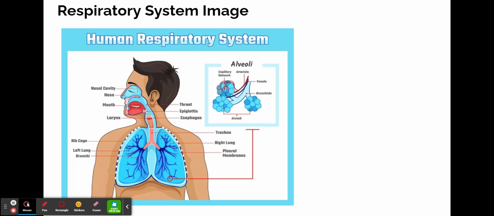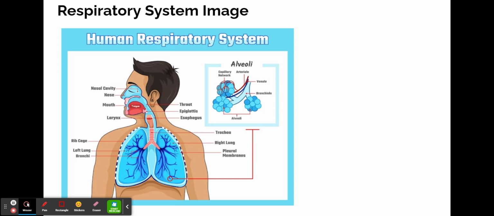The airways include the nose, the nasal cavity, the pharynx, the larynx, trachea, bronchi, and the bronchioles. They serve as a pathway for air to enter and exit the lungs. The nose and nasal cavity help filter, warm, and moisten the air before it reaches the lungs. So that's why whenever you have a cold, everything you breathe feels kind of icky because your nasal cavity isn't